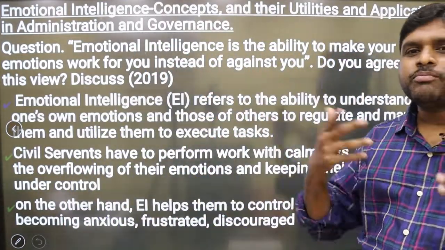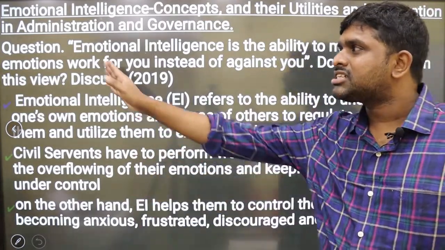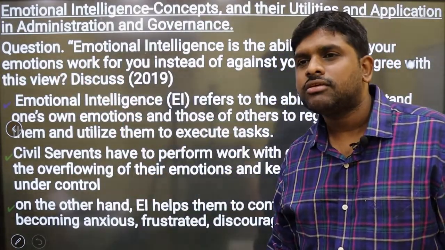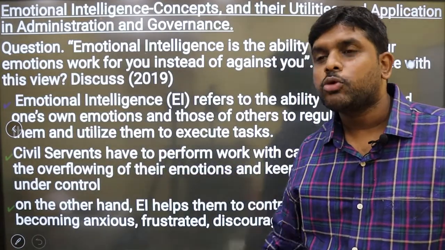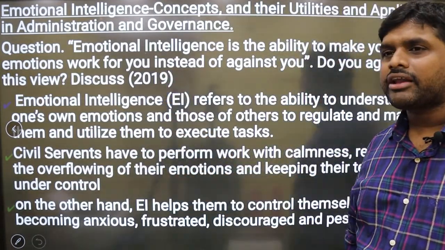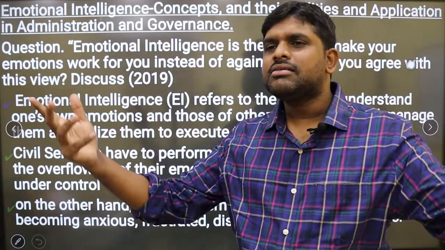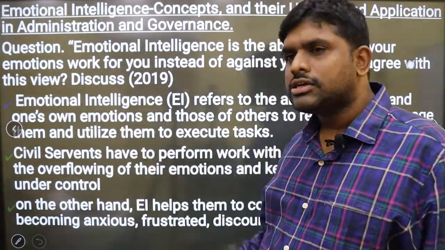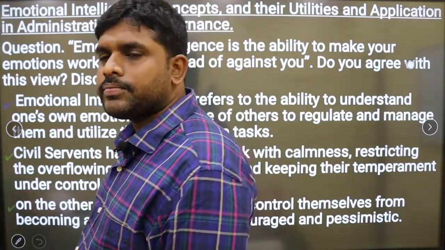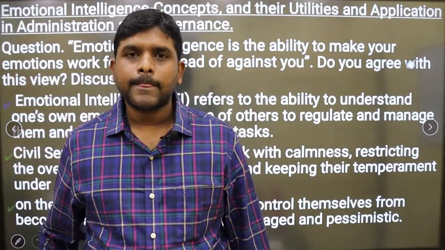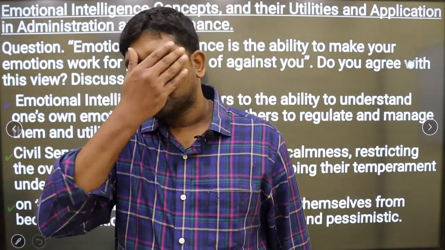Do you agree with this view? My example, which I told you, you can take the example. First structure is what? Emotional intelligence: first paragraph definition, second paragraph emotional intelligence characteristics, and third paragraph, take an example. Not this example, take any standard example. Of any person's life, any moral thinker, philosopher, the great personalities, take any example and quote it.